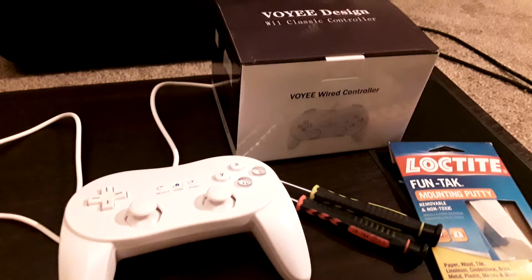Today I'm going to be looking at the Voyi Design Wii Classic controller for the Wii and Wii U, obviously. I preemptively grabbed a 3.0 Phillips head screwdriver and my Locktite Funtac mounting putty because I was hoping to tighten up some of the